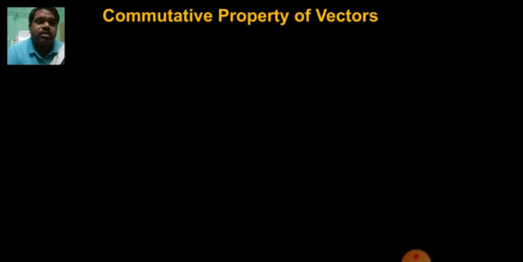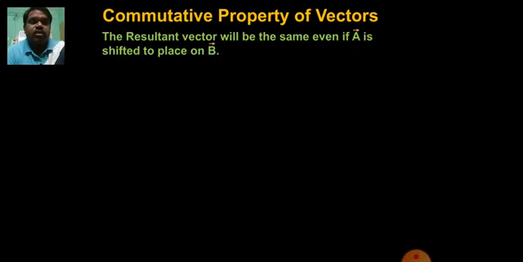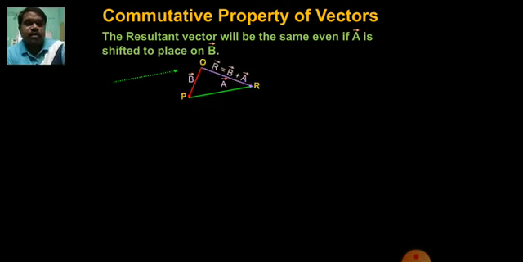First one is commutative property of vectors. That is commutative law, you may say the resultant vector will be the same even if vector A is shifted to place on vector B. This is vector A, this is vector B. So when we shift vector A to vector B instead of shifting vector B to vector A, then again we'll get the same result. That is, vector R is equal to vector B plus vector A. So this is how we can